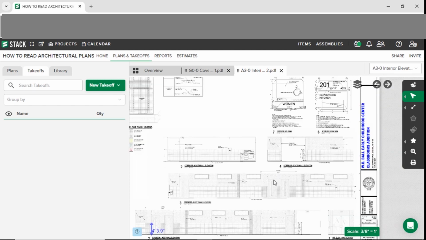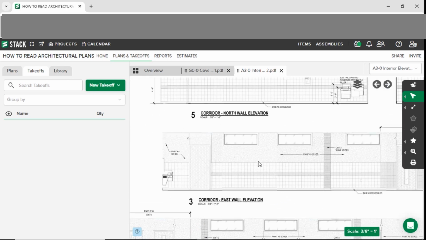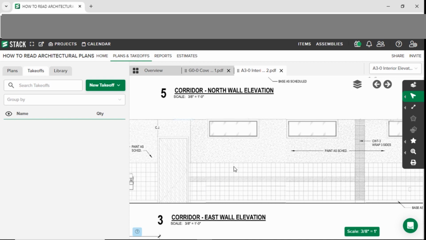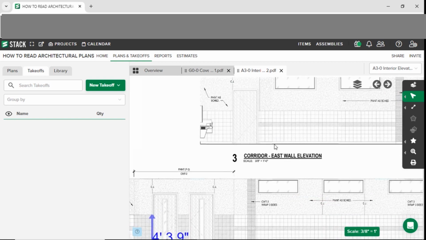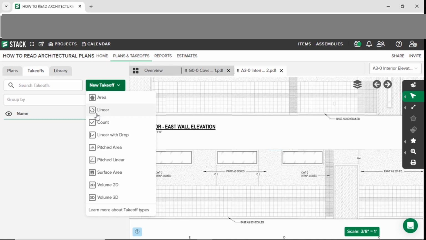Eventually it'll reference from one thing to another, but you'll need to obtain certain things. So if you're running the job and you want to make sure the tile guy put the tile at the right height, then you'll come back and look to make sure in this corridor, is he putting it at the right height? How would I check it? 3/8. Let's go ahead and make a